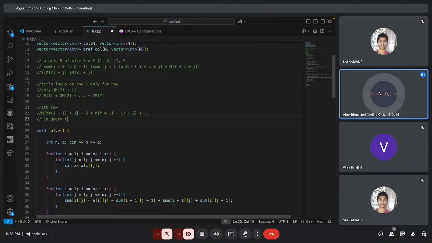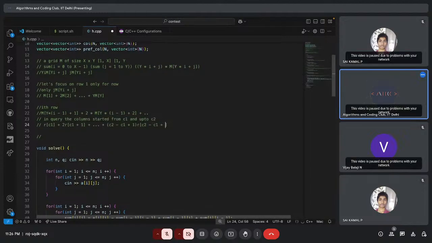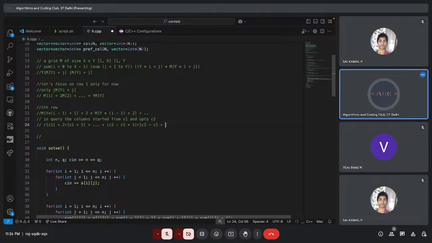So this can be written as C2 times R of C2 plus so on up to C1 times R of C1, plus so on up to 1 times R of 1, minus